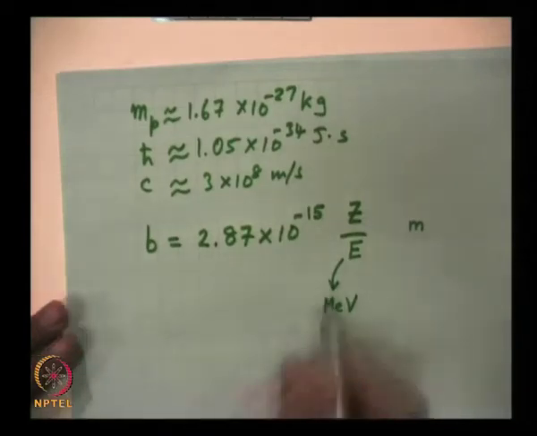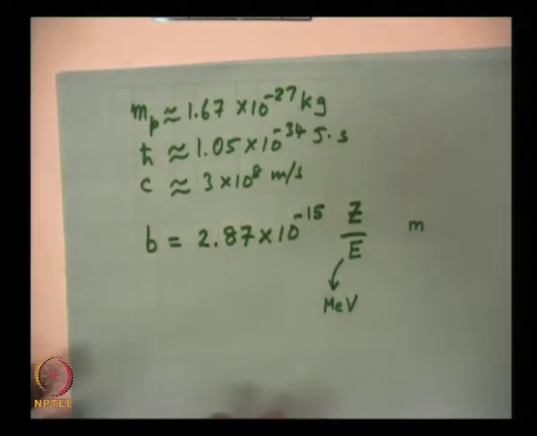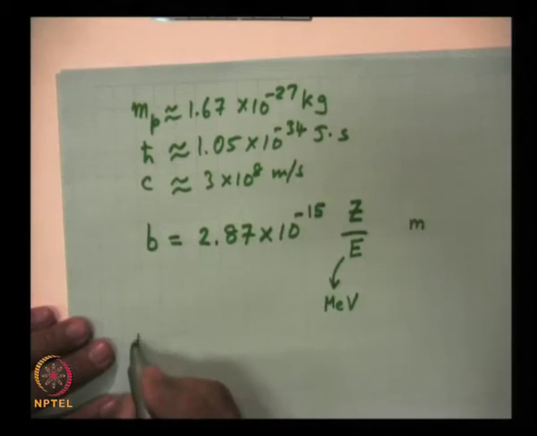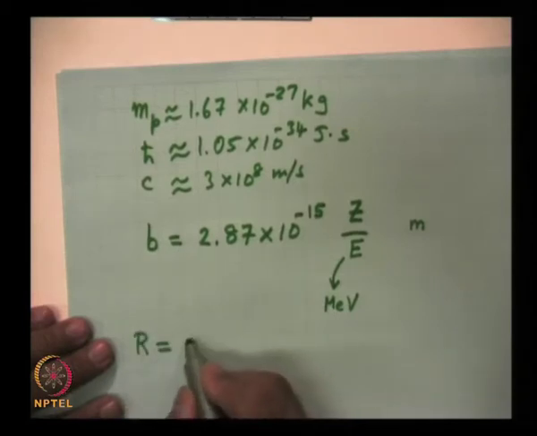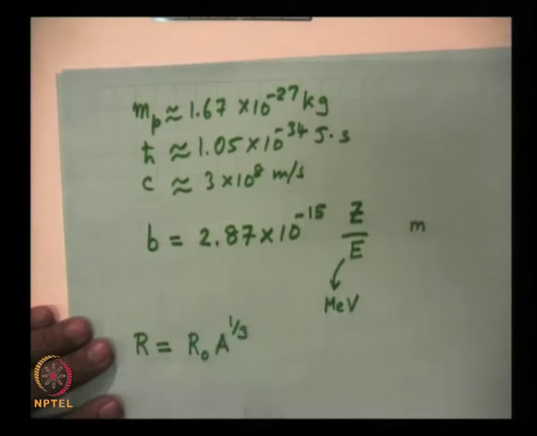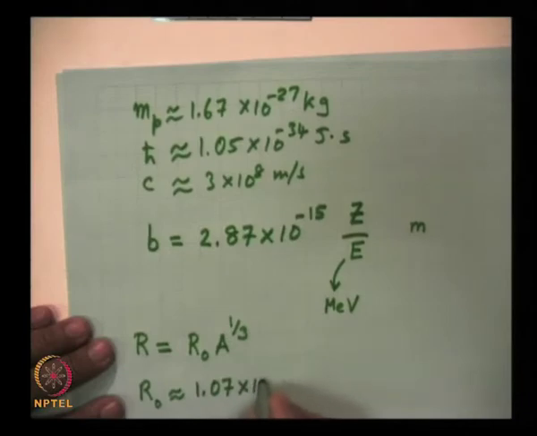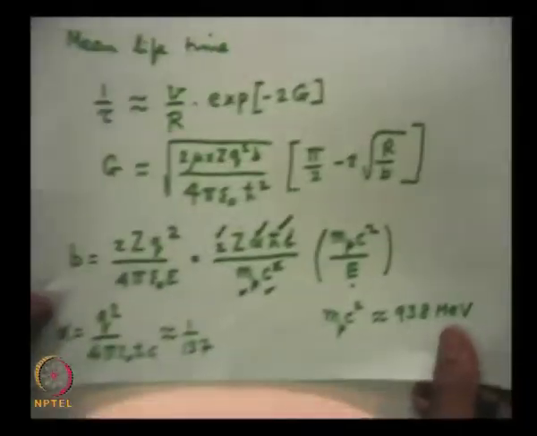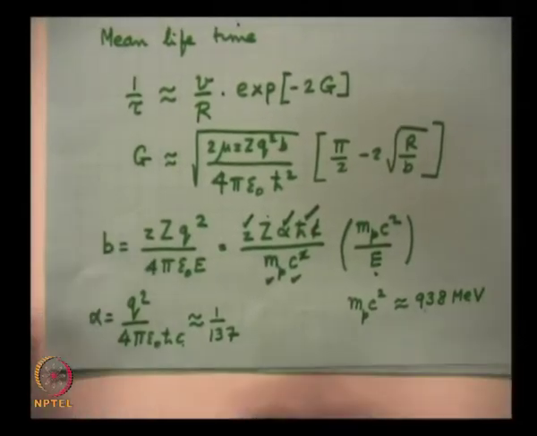So, I would like you to fill out the intermediate steps, and then the formula that we will be using for R is equal to, I told you that this is equal to R 0 a to the power of 1 by 3, then R 0 is approximately equal to 1.07 into 10 to the power of minus 15 meters. If you now use this and substitute it in this expression,